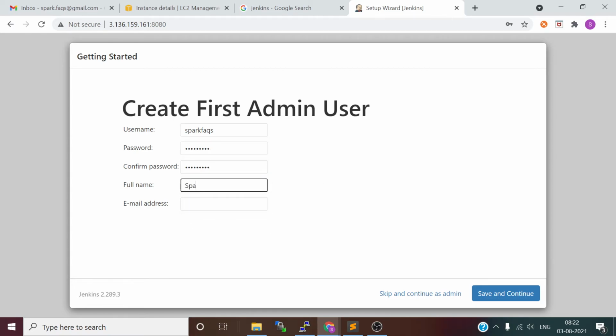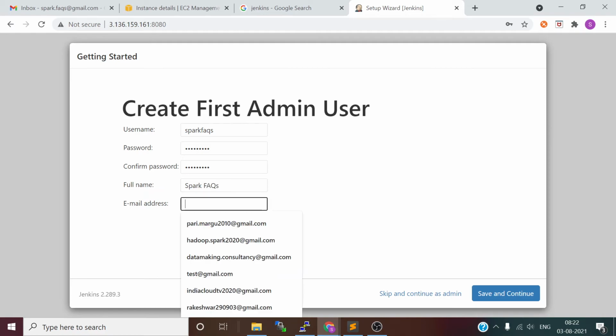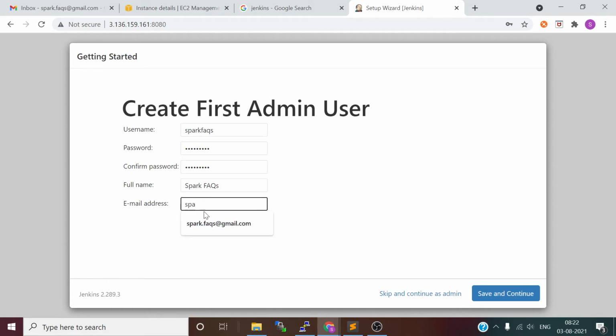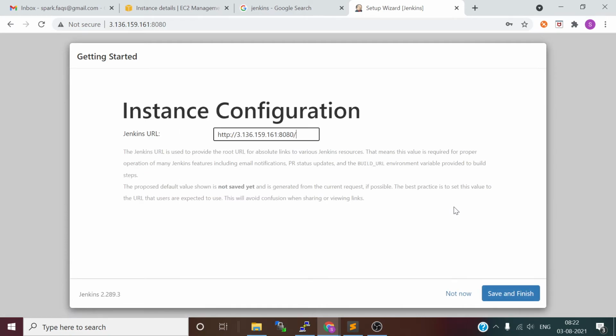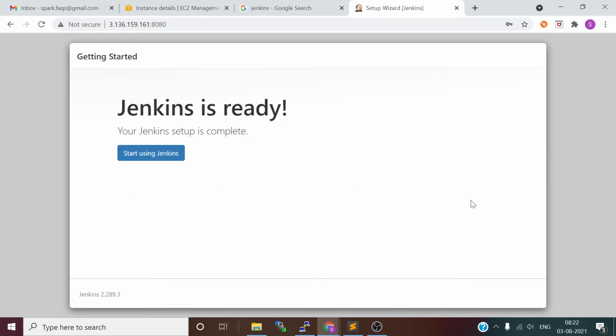Full name Spark FAQs, email ID spark.faqs@gmail.com. I'll just say continue. Okay, save and finish. Now you can start using Jenkins.